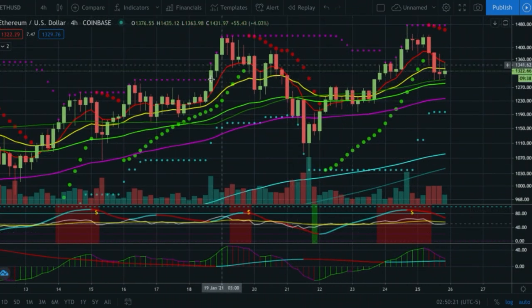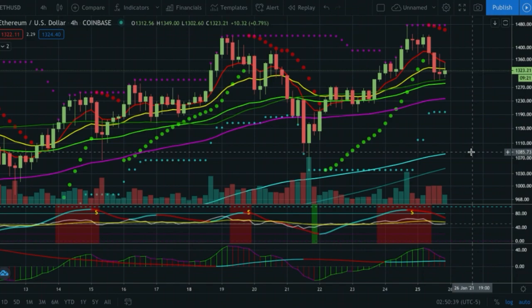And then once again, if you pay attention to the moving average crosses, when the 8 crosses over the 21, we get a massive sell-off. When it crosses back above the 21, red above the yellow, we get a massive move to the upside. So if we lose this right here and the 8 crosses below the 21, I would expect another dump down, probably to the 200 moving average or somewhere in that range. So $1,000 to $1,100 is my next target on Ethereum.